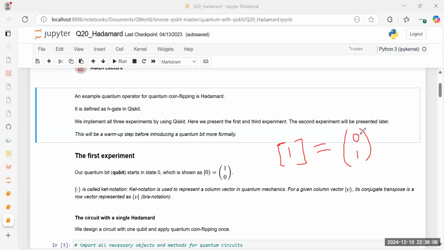So 0 here is the probability that it is facing heads, and 1 here is the probability that it is facing tails. Because I have a 1 here, we can just say that our coin is facing tails. Okay, so now for our quantum coins,